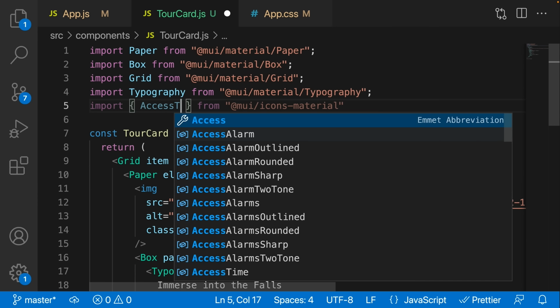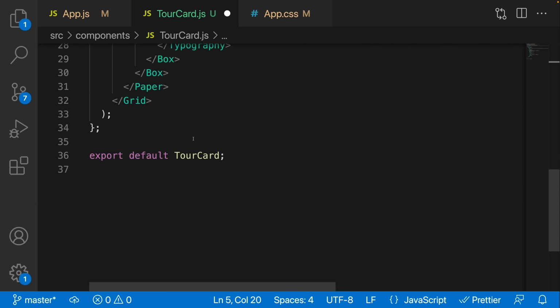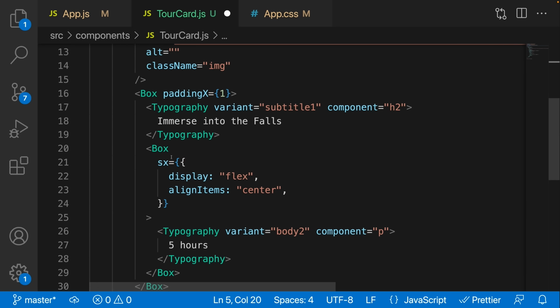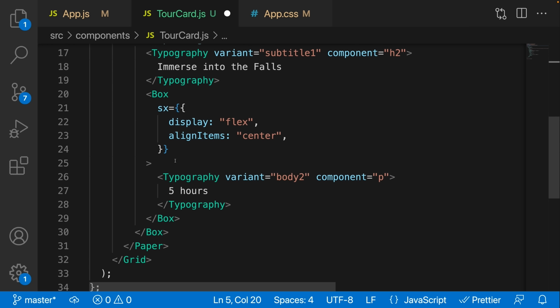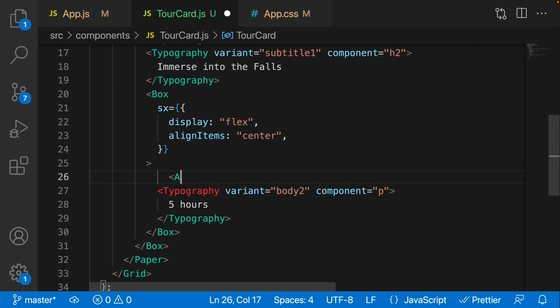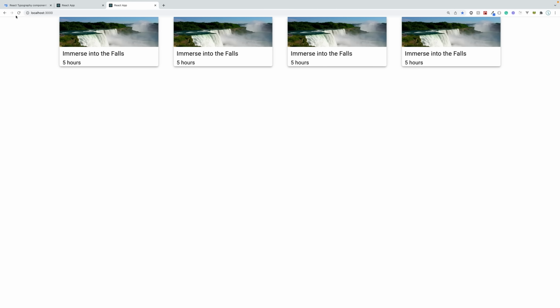So I'm going to say AccessTime. And all we need to do to utilize this icon is just render the component. So let's go over here inside of this second box, and we're going to say AccessTime, and let's just render that component. And now if I were to save this and refresh,